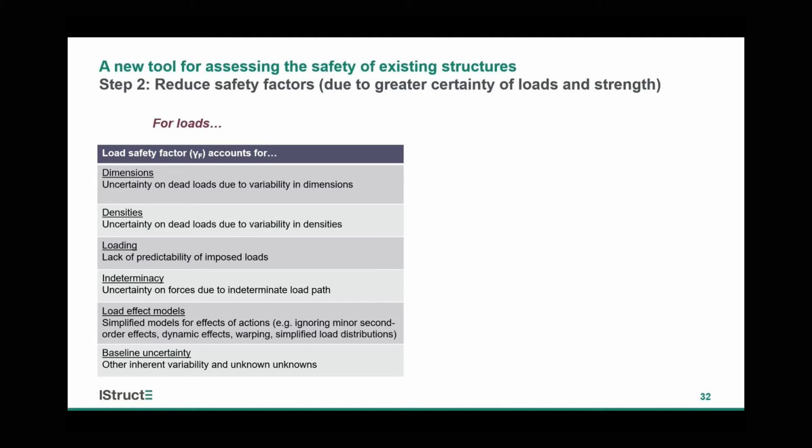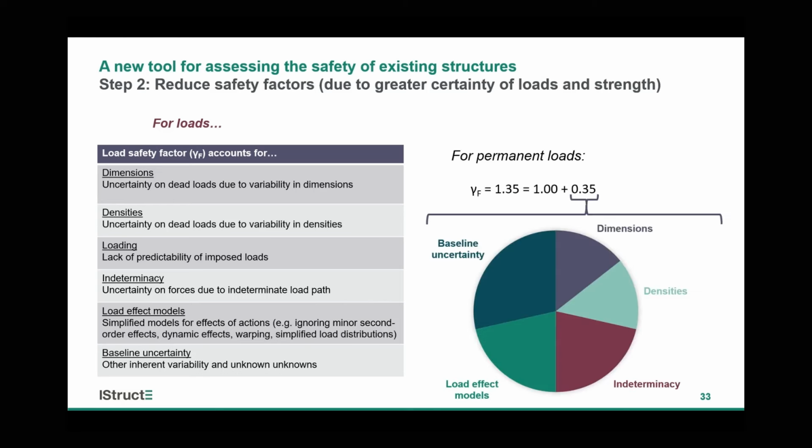We might ignore some second order effects if we're within certain limits. And then finally, there's always going to be just a general degree of variability and uncertainty in these existing structures. So what we've done is we've taken the partial safety factors and we've broken each one of those down according